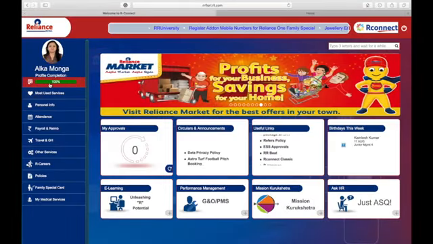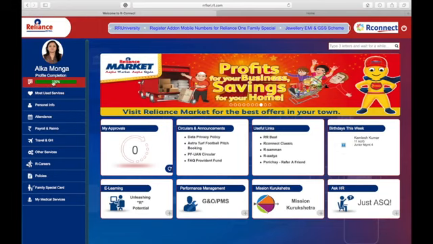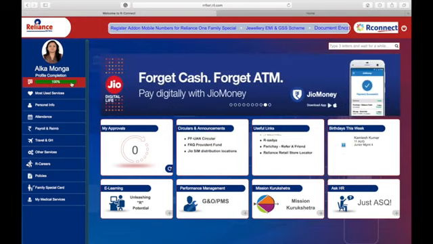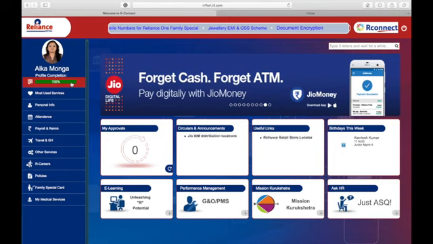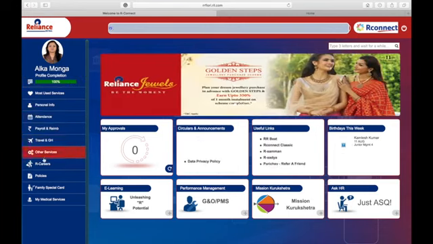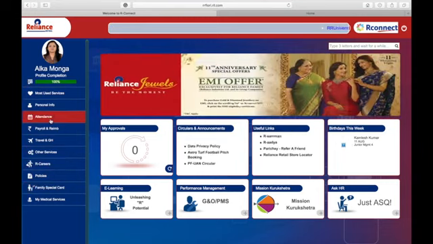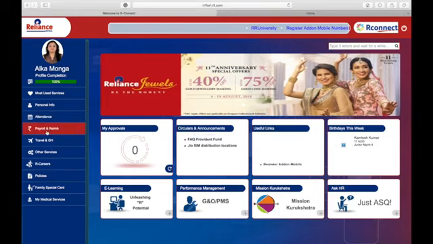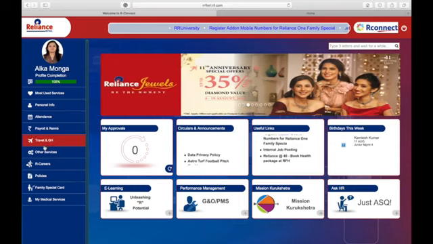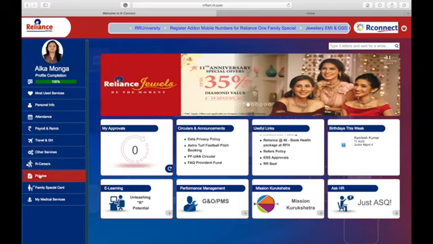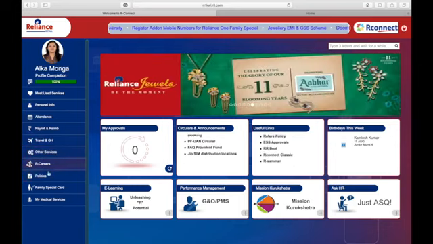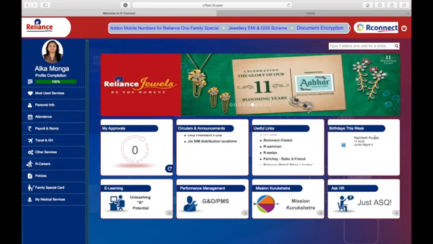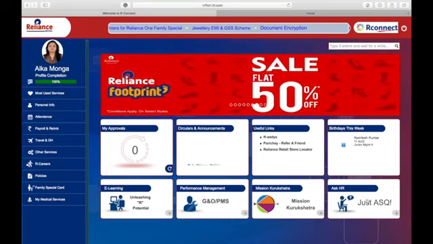Once you have done your 100% certification, you would see that the entire barcode has turned green and it says 100%. So these are the tabs through which you can go and check various information about yourself. Attendance can be checked from here, payroll related information, when you have to apply for travel or guest house, any other services, policies, all this can be viewed from here. If you have any query which you want to submit, Just Ask is the place where you need to submit your query.